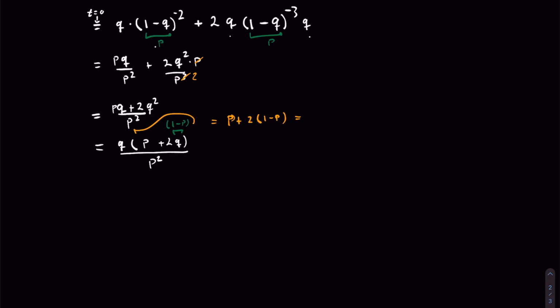So we get here p plus 2 minus p, which is